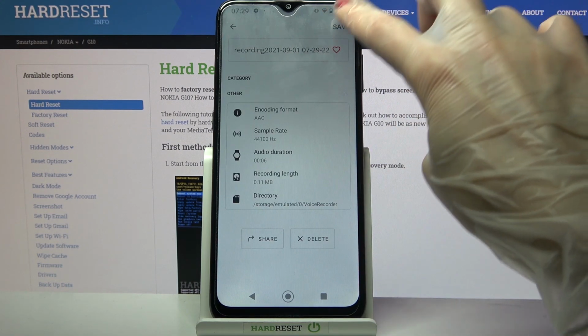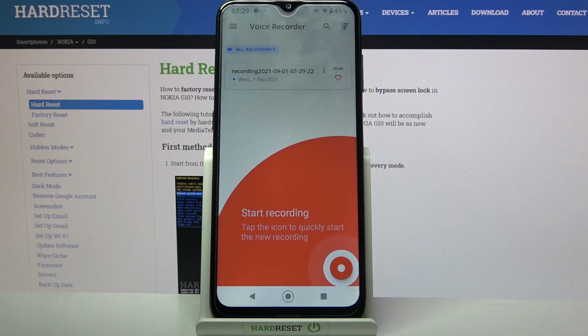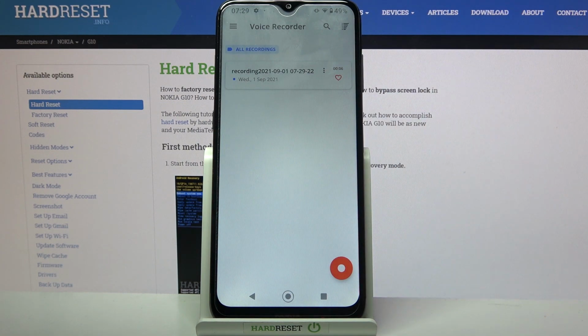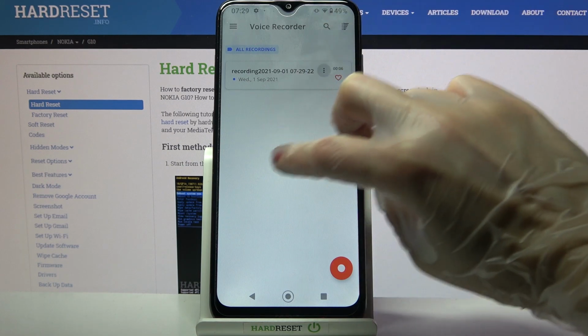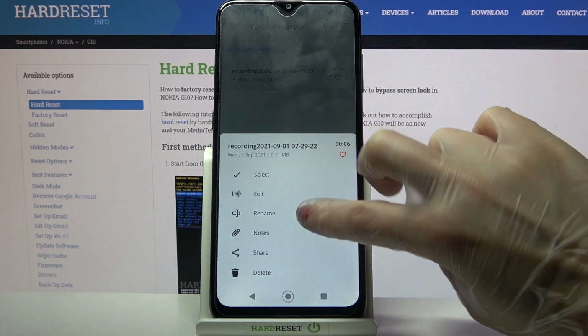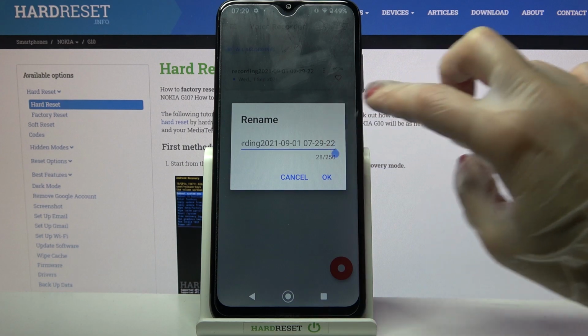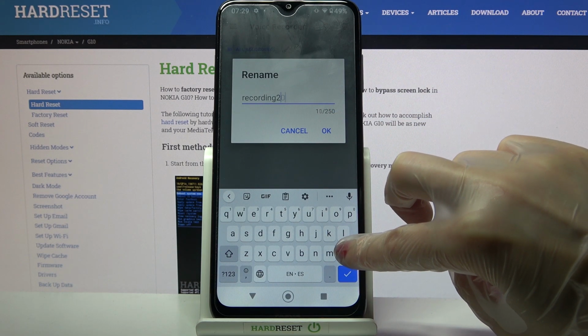Then tap save at the top right corner, and as you can see, my recording is here. If you want to rename it, click on those three dots over here and tap on rename. Over here you can type wherever you want to